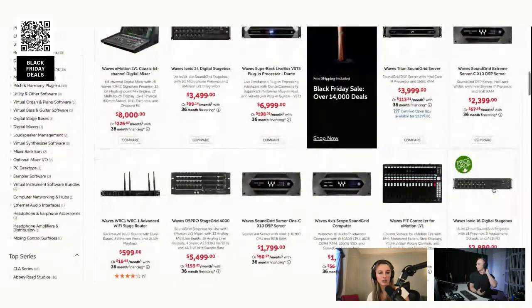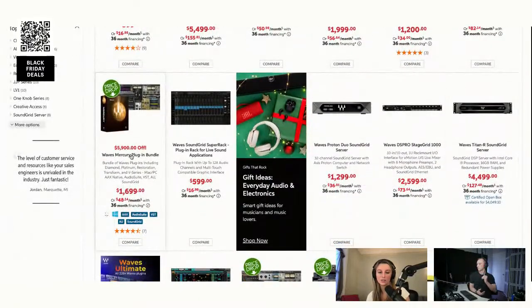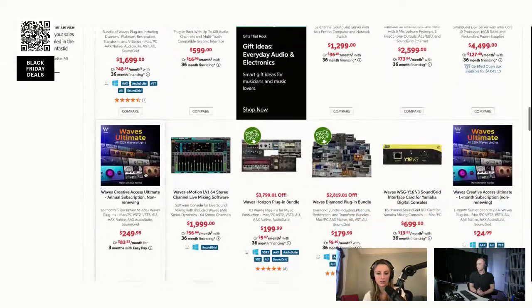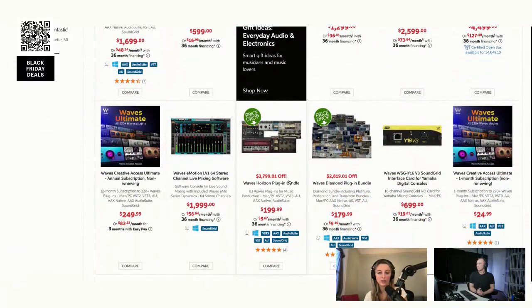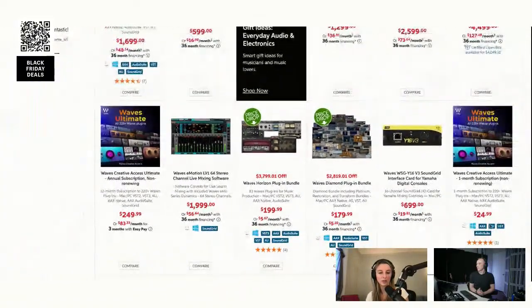So it looks like the live sound, not so much. Mainly the software, the VSTs, they have some good deals. $3,000 off the Waves Horizon plugin bundle is pretty cool. And if you go up one row, you see that